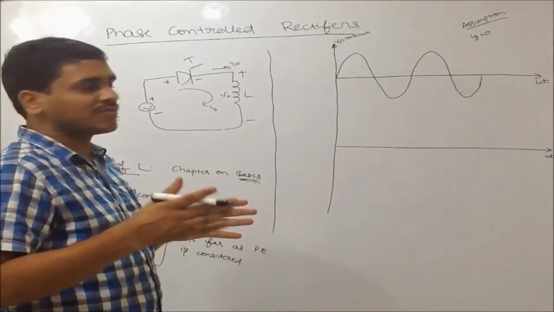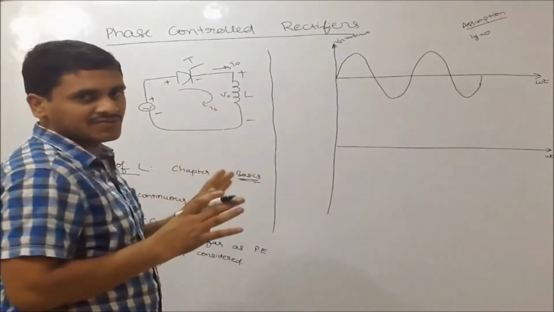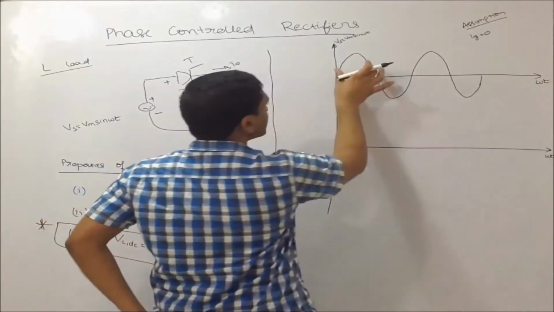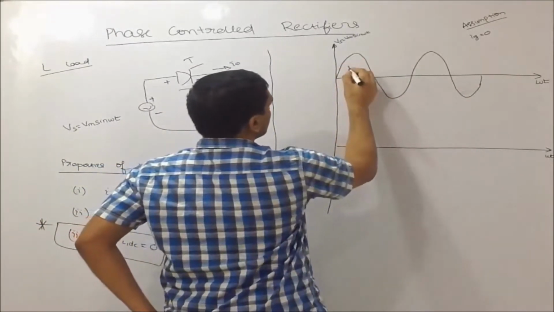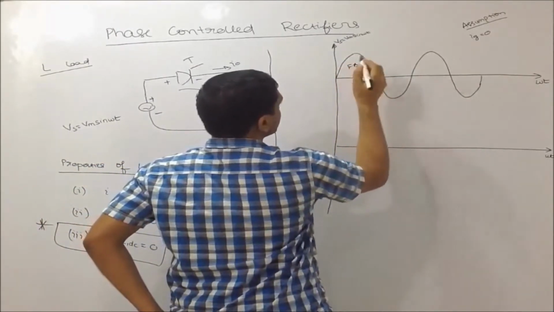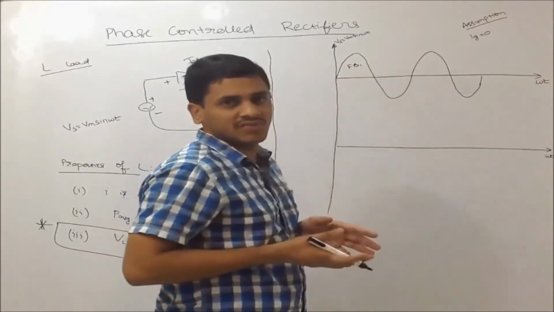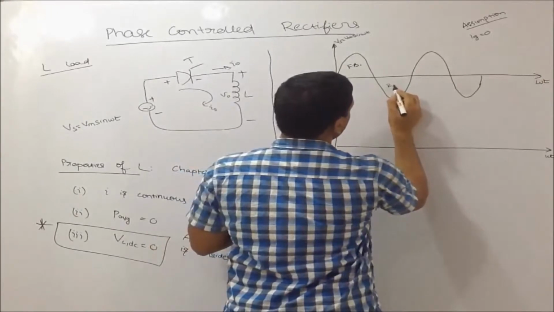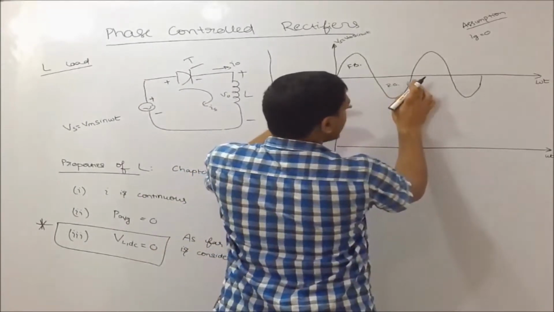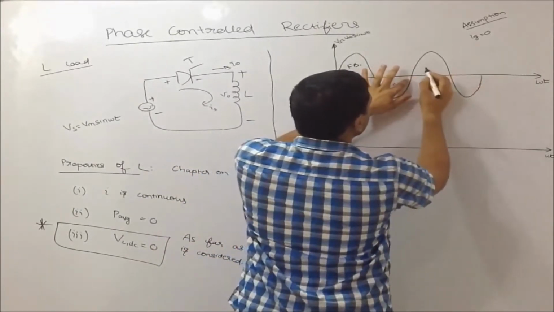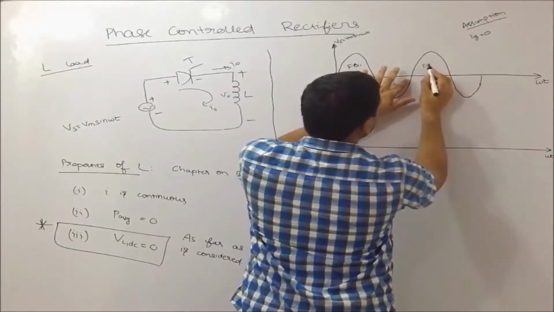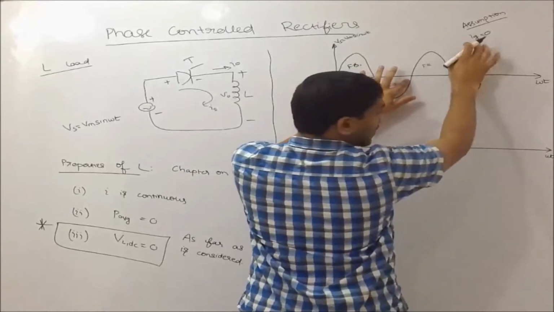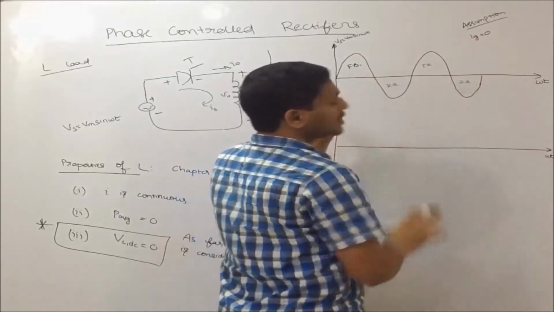Meaning, in which part of the waveform it is forward biased and in which part of the waveform it is reverse biased. Here it is forward biased. We have to come from the basics. So first we are seeing where it is forward biased, where it is reverse biased. So here it is reverse biased. I have already completed one cycle. The remaining repeats. Here it is forward biased. It is reverse biased. Mind, I have not given any IC. If IC is given, things will be different.